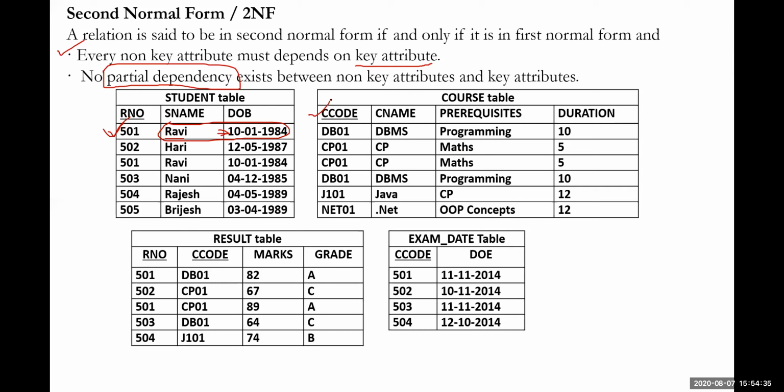So here there is only one primary key. These two are foreign keys. Foreign keys cannot be candidate keys. These will refer to the values of student and course. And the examination table also refers to the values of course here. So therefore, both of these rules and regulations have been completely satisfied.